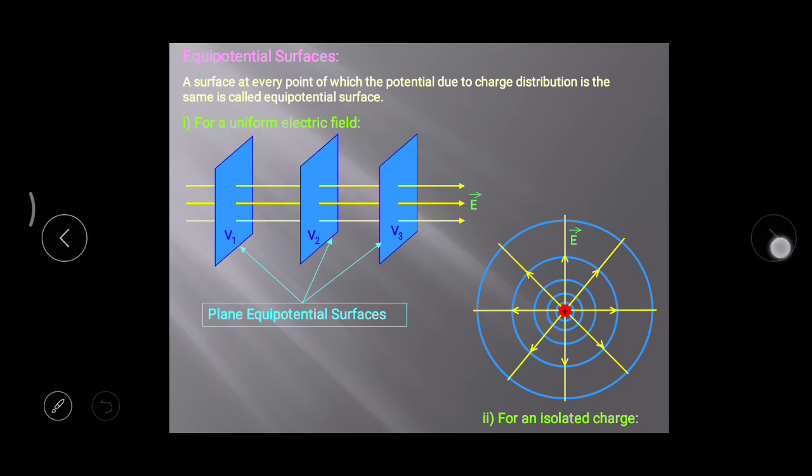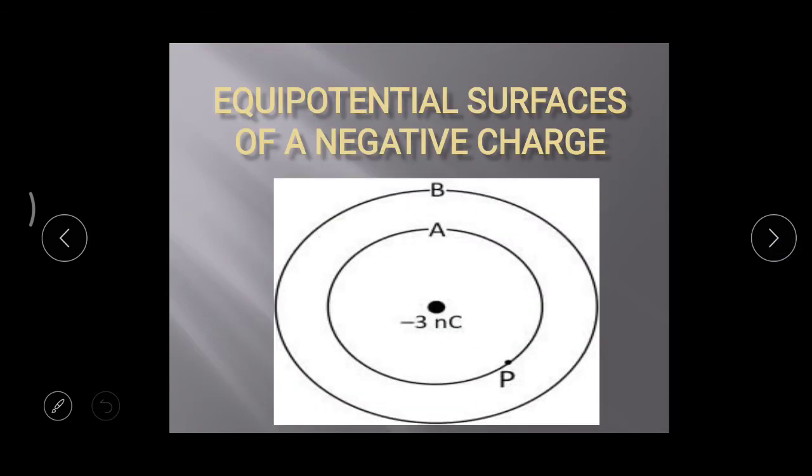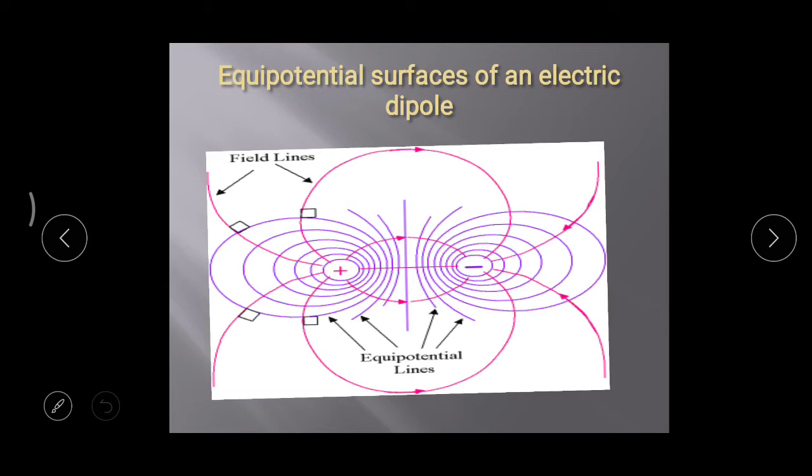If we consider a negative charge, then also the equipotential surfaces are concentric spheres, and the only difference is that here electric field lines are towards the charge. And if we consider an electric dipole which consists of positive and negative charges, then these red lines represent the electric field lines, and these purple lines represent equipotential surfaces for this electric dipole. Here we see that equipotential surfaces are nearly spherical near the charge and get deformed as we move away from the charge,